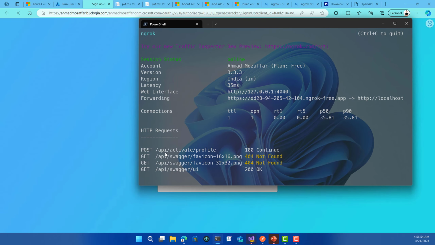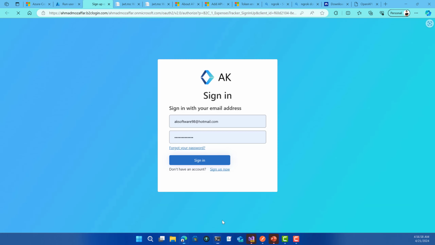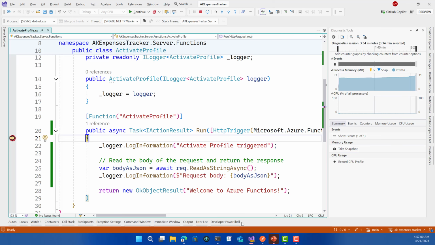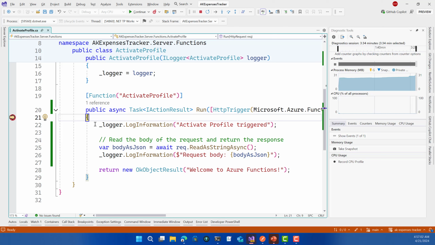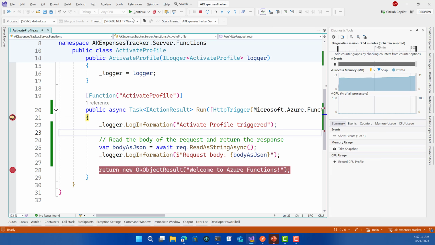Here we go, you see, it has been called API/activate profile, and in here we got our breakpoint. Nice. So we do have the data, all going good. That was very simple, right? We didn't write any line of code. Everything was straightforward. So if we continue,